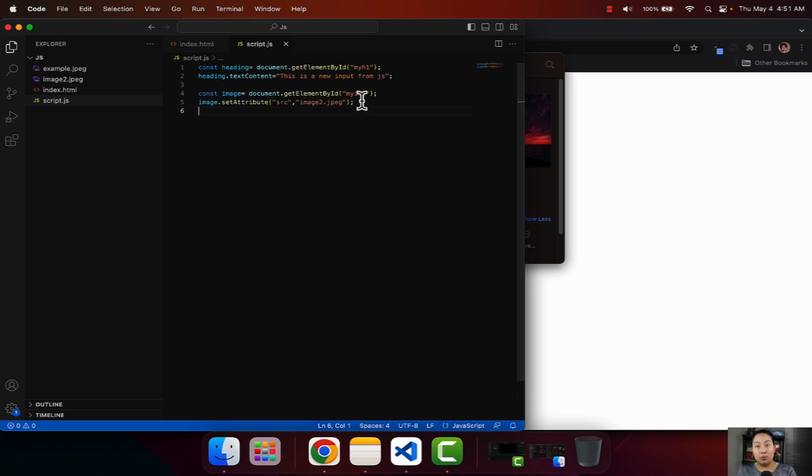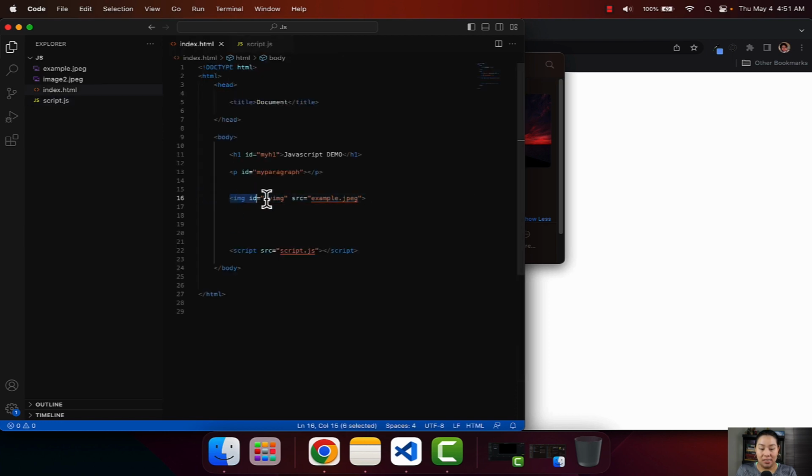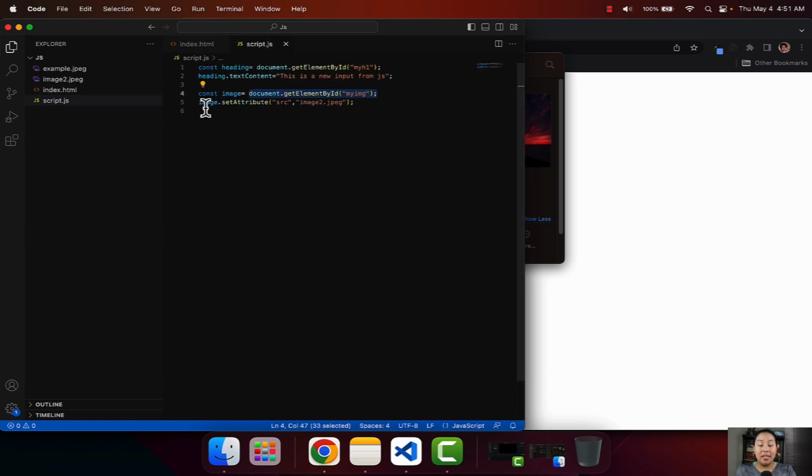So let's go ahead and review the code and what we did here. First, we created a new variable called image. Then on this variable, we selected the get element by ID my image, which is this tag right here, right? And then we set to our code image, right? So this image variable dot, and then we use the dot set attribute method, and then we open parentheses because it's a method. And then we go ahead and we use the source,